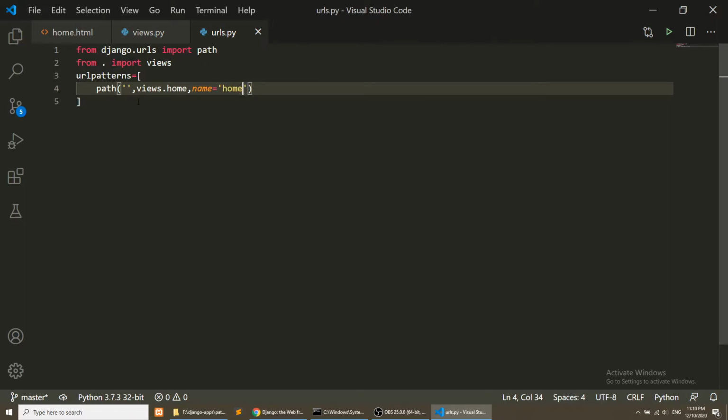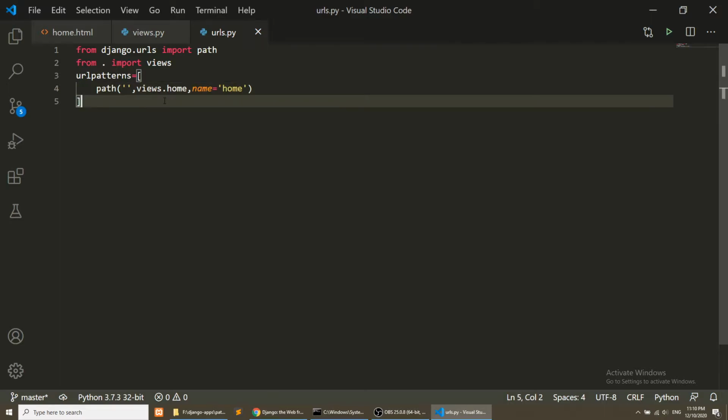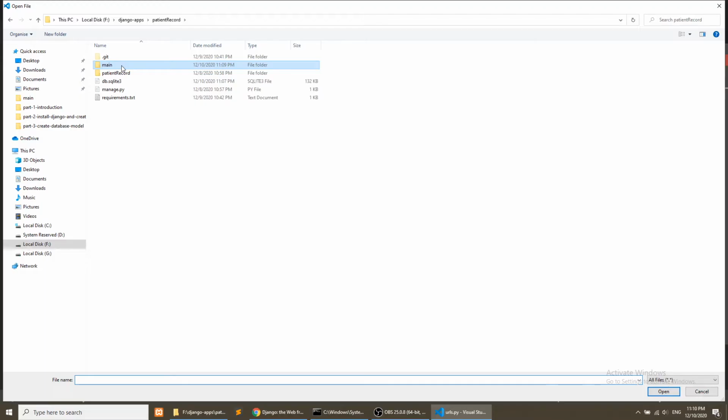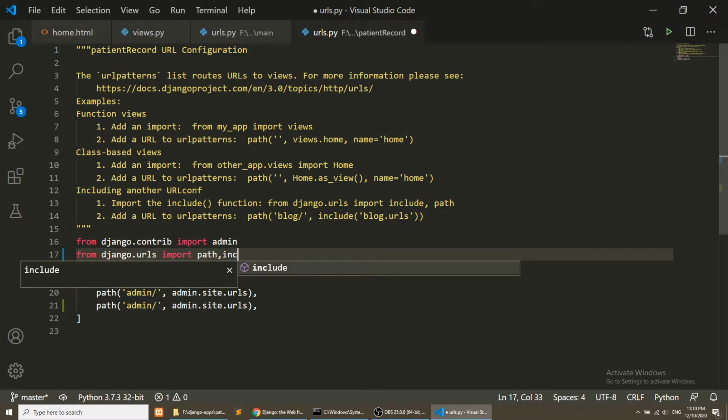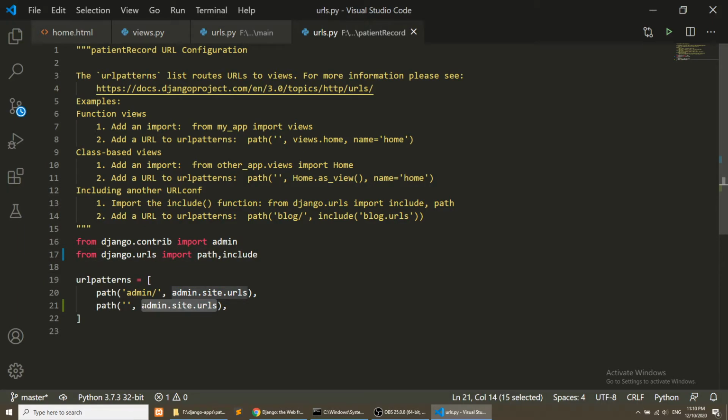Now we need to register this URLs file in our project level settings. So we will go to the project level patient record urls.py, and here we will include this. Before using include, we need to import it, and we will keep the path empty and include main.urls.